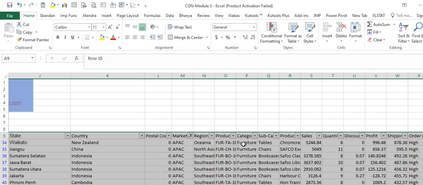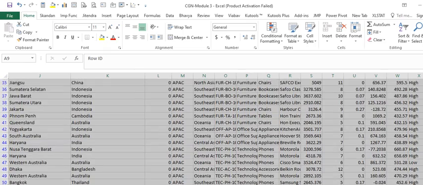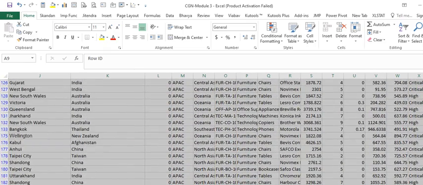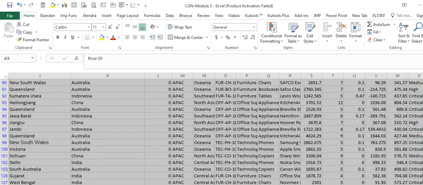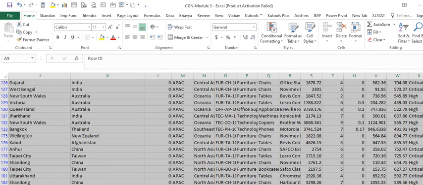So you can see that the furniture and office supplies for each of those regions get sorted in order, one after the other, market-wise first, and then according to the type of category.